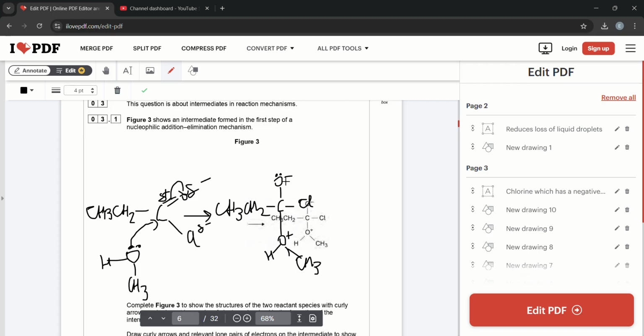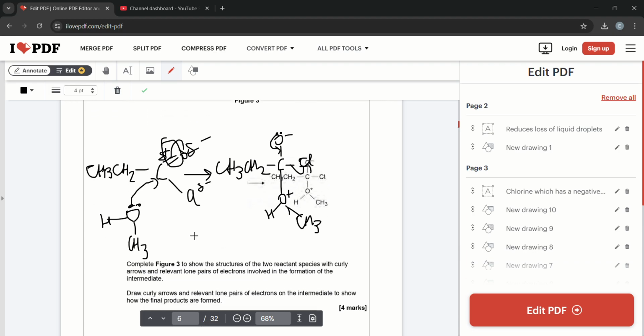Right, now this oxygen with lone pairs of electrons wants to reform the double bond, because previously it had a double bond here. It wants to reform the double bond. In order to reform the double bond, the CCl bond must break, and then also